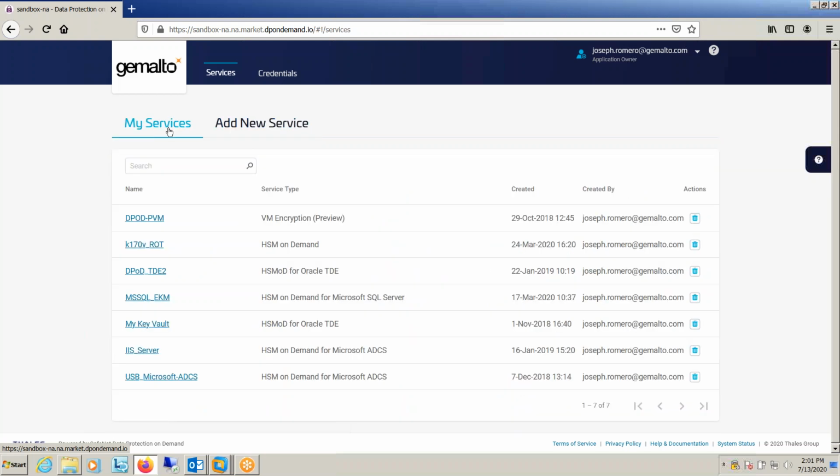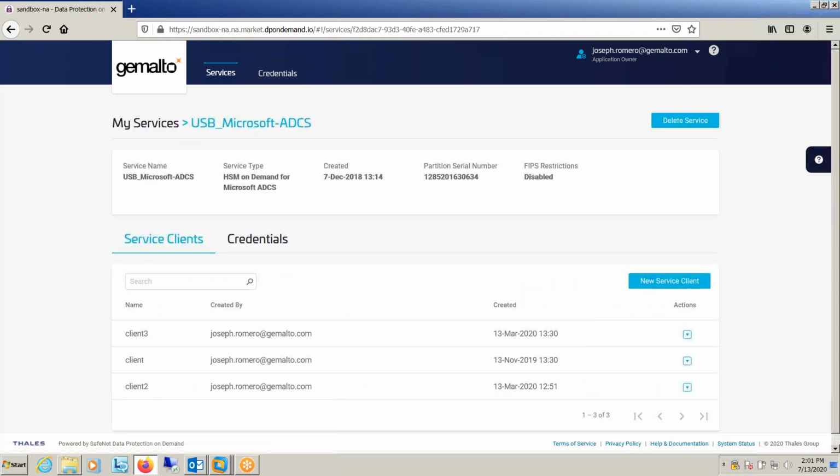If we go over here to My Services, when you create a service, you're essentially creating a partition on an HSM. So when you create that service, behind the scenes, under the covers, under the hood, whatever terminology you like to use, you are creating a partition on an HSM. If you look at this service that I've created, it's called Microsoft Active Directory Certificate Services. I created this service, gave it a name, and it slices me up a partition on an HSM. And this is the physical partition serial number that lives on our